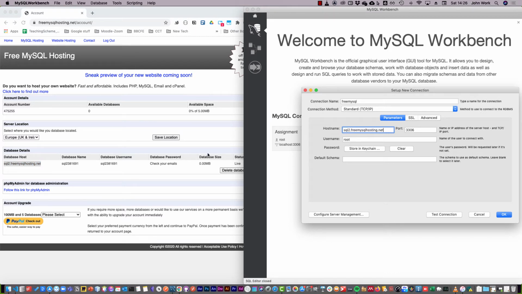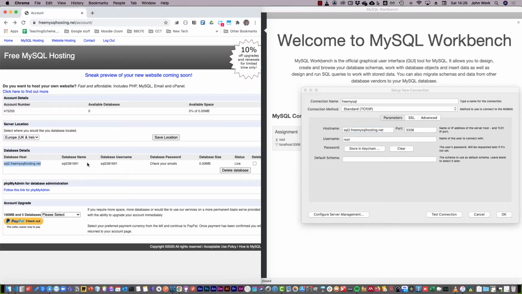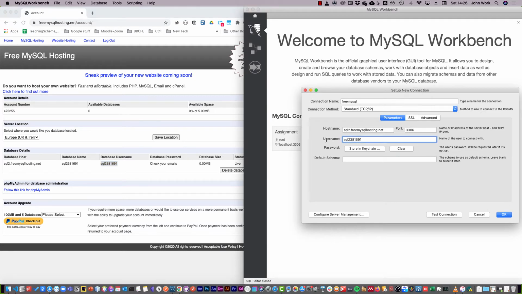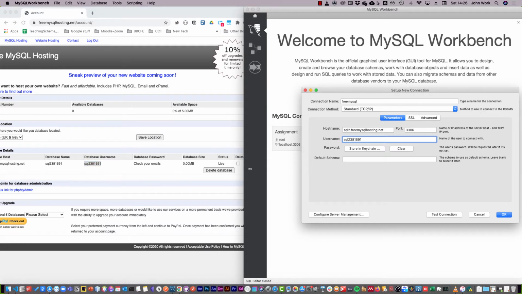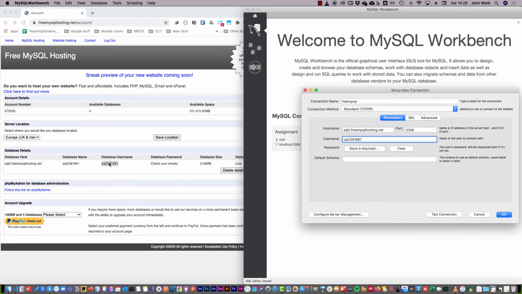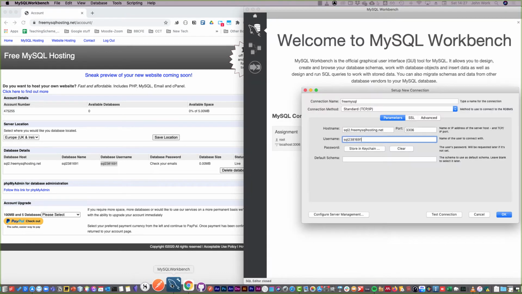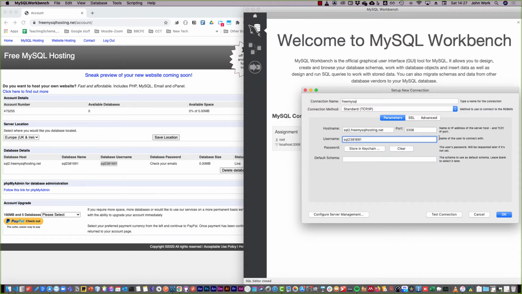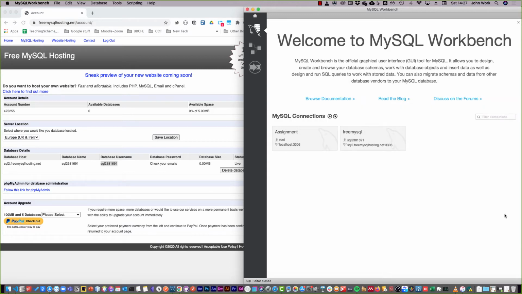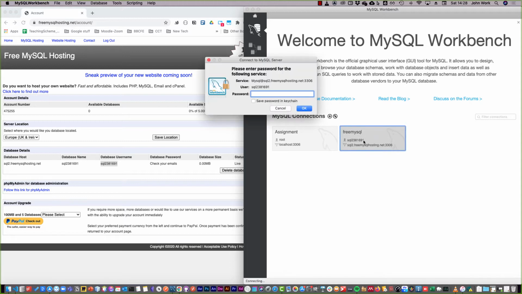The port will be left at 3306. The username is going to be this, and then we'll have to put in our password. So you'll be asked to put in your password when I click on OK. And so I click to connect, put in my password,